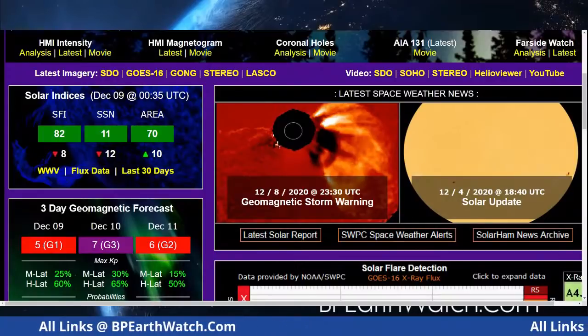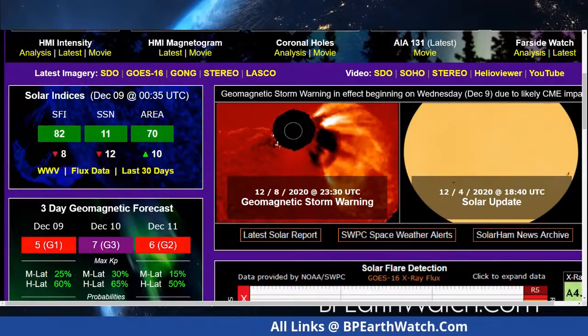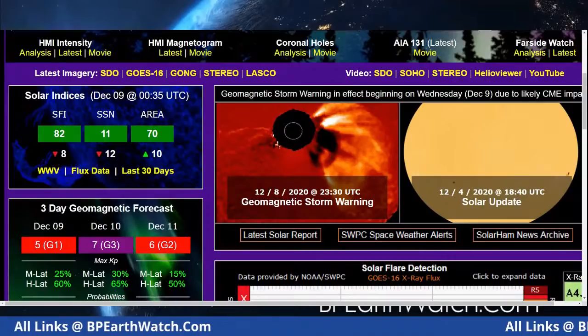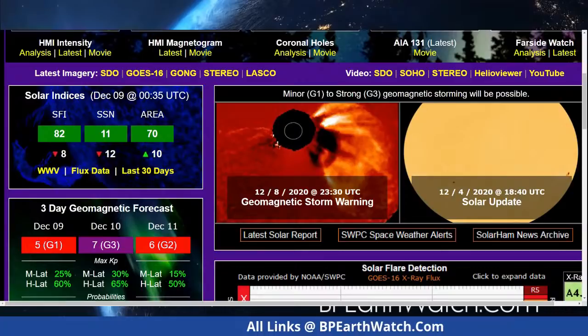But this image is a grainy image, and it's from the STEREO satellite that I told you was hit. Both of them have been hit by these coronal mass ejections and just about fried the optics on them. But they are past their expected lifetime anyway.